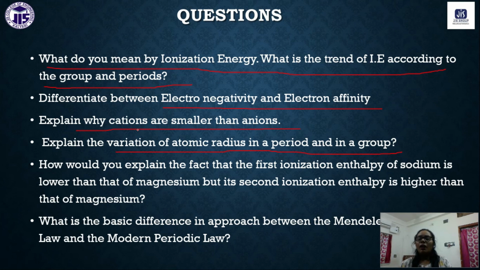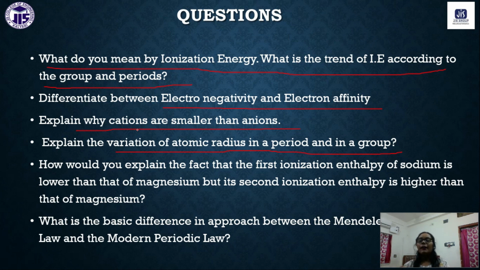Yeah, so atomic radius, if we go down the group, what will happen? The extra shells will be added. Okay, extra shells added means extra electrons are added, but not an increasing amount of nuclear force, right? So the outer orbital electrons are loosely bound. That is why the size will expand. Understand? So if we go down the group, the size will expand for the addition of extra shells.